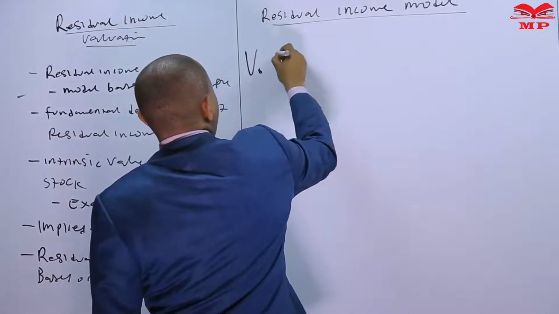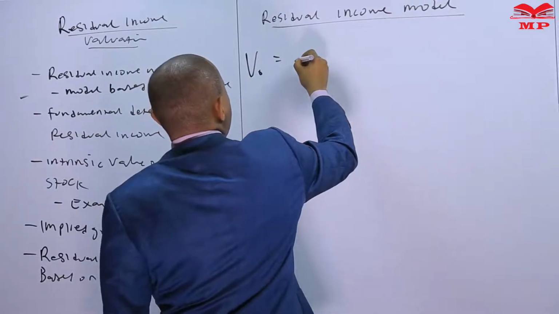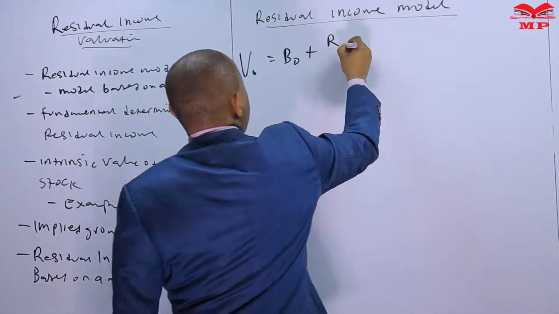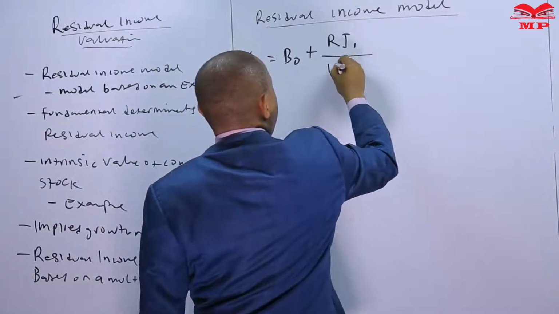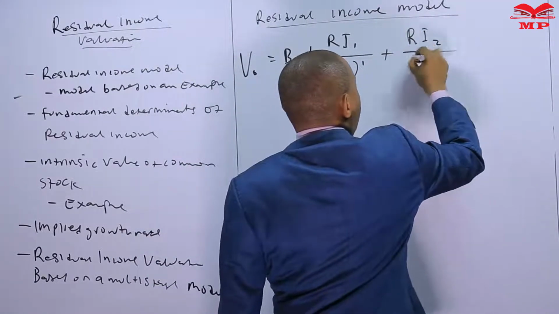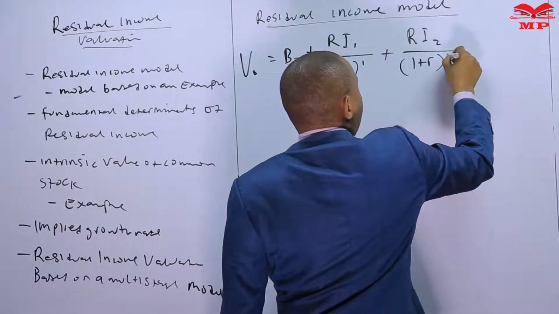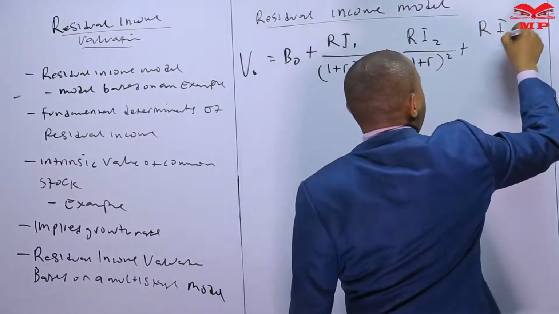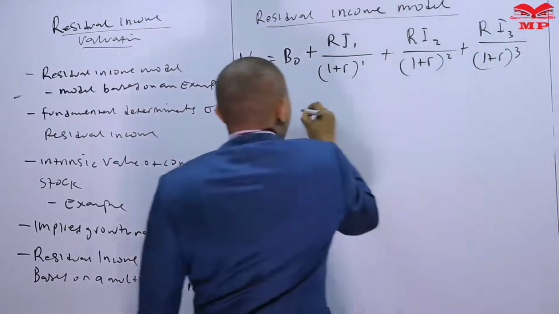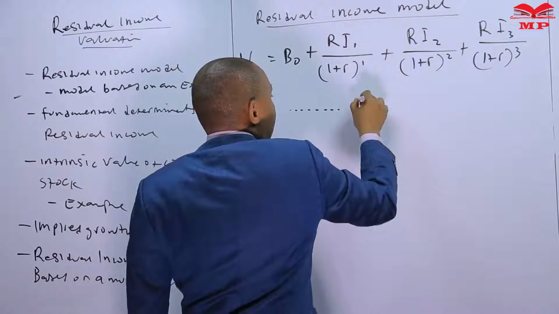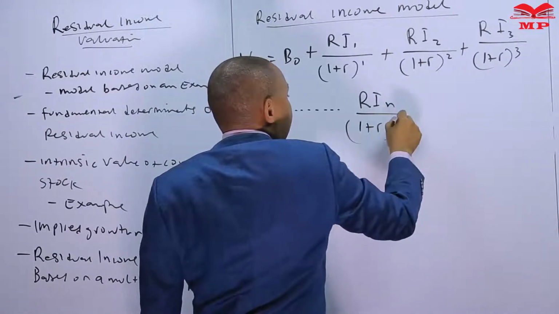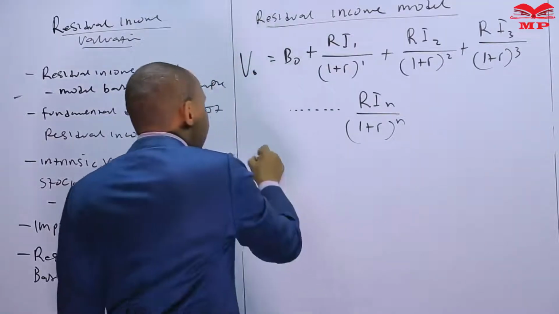The value of a share or of a security is given as B0 plus RI 1 over 1 plus R 1 plus RI 2 over 1 plus R 2 plus RI 3 over 1 plus R 3. So we continue like that, RI N over 1 plus R N,